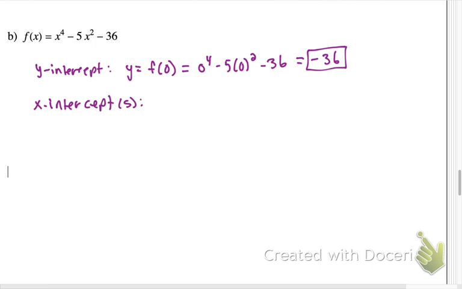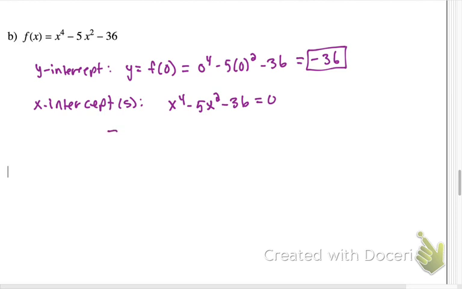Now for the x-intercept or x-intercepts, those are going to be obtained by taking the equation of the function and setting that equal to 0. Now, this is a 4th degree polynomial function, and you'll notice that